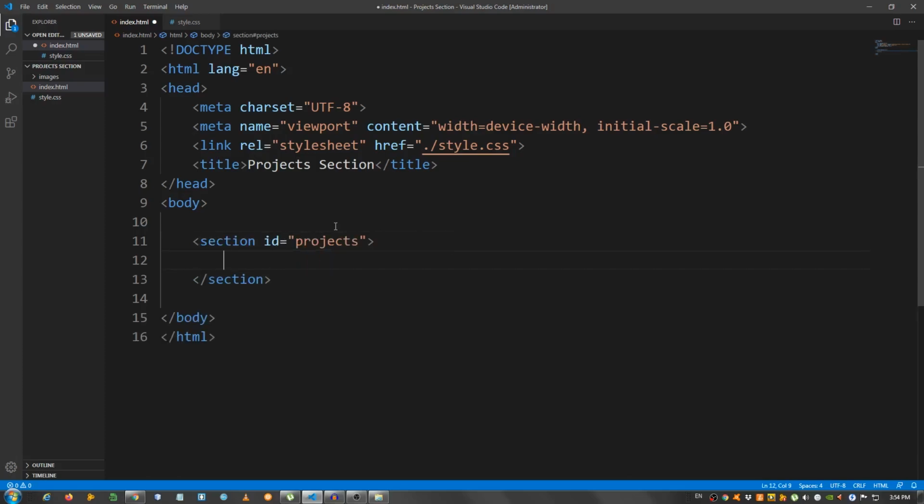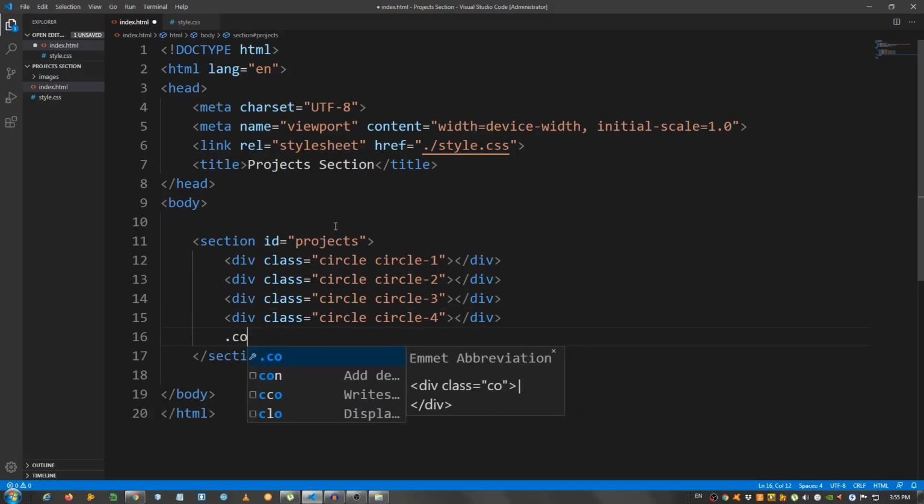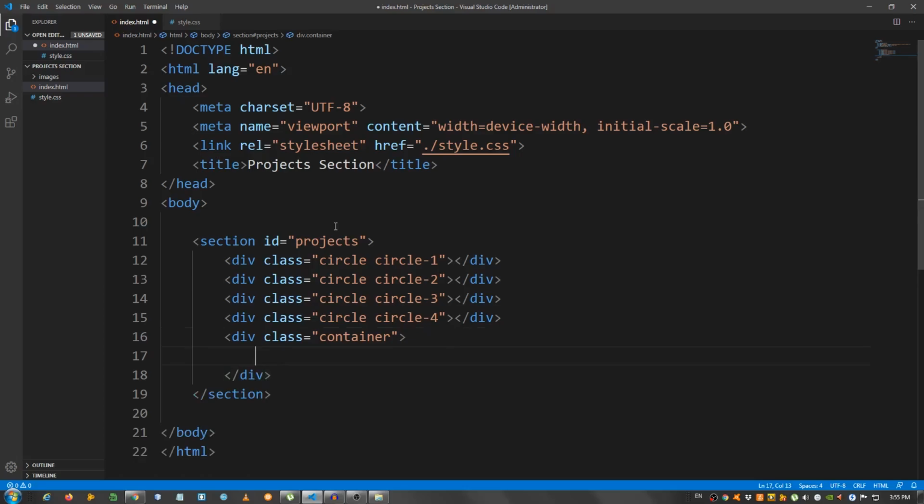Inside here, first I'm gonna place those circles. I'm gonna give it a div with a class of circle and circle dash. Copy this 3 more times. Circle 1, 2, 3, 4. And now I'm gonna create a div with a class of container. Inside here I'm gonna create an h2 element, and I'm gonna say projects,